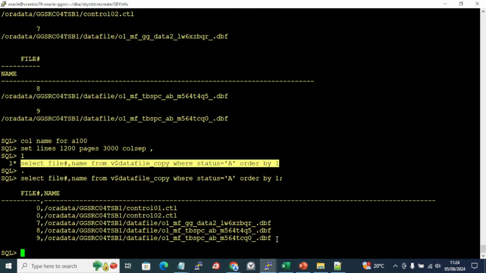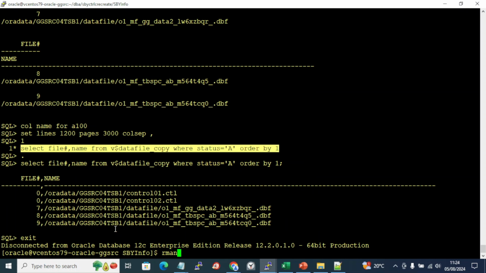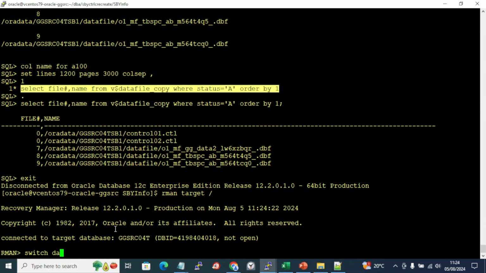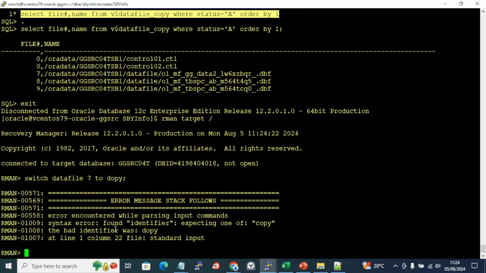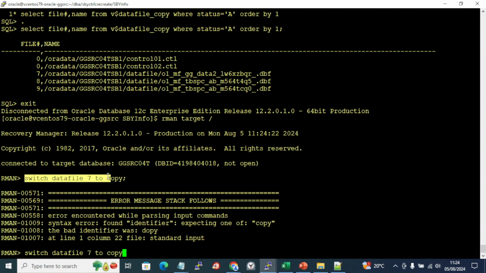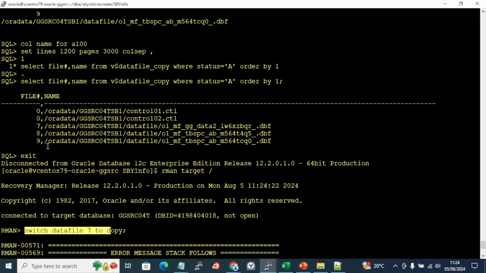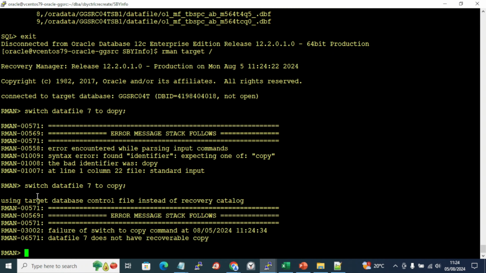You can see two control files are reported as 0 file and then this 789. Okay, let's now perform the switch like I said. File 7 to copy, not to be copy. Okay, it does. That's data file 7. Okay, let's try 8